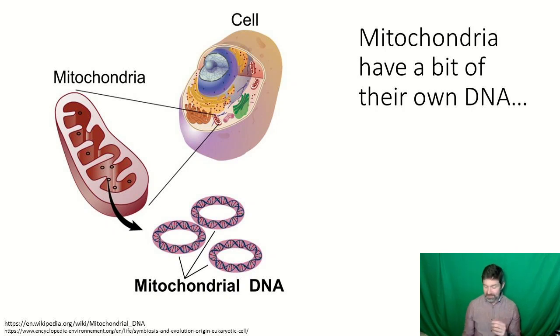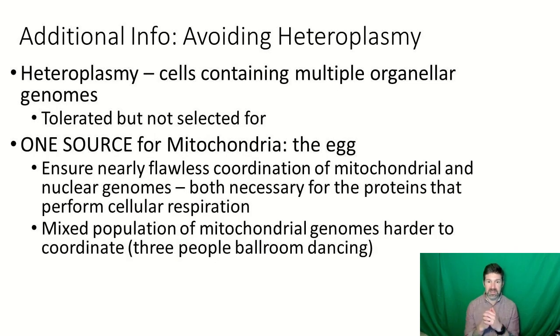So with that, we think that there is pressure to avoid what's called heteroplasmy. And that's the idea that a cell would contain organelles with different genomes, right? So different DNA. So we avoid that by saying, hey, the only gamete that gets to have the mitochondria are the egg cells. So the sperm can come by and dump off their nuclear DNA. Those 23 chromosomes are going to combine with the other 23 in the egg to make 46. But then all the mitochondria always come from the egg. Okay,